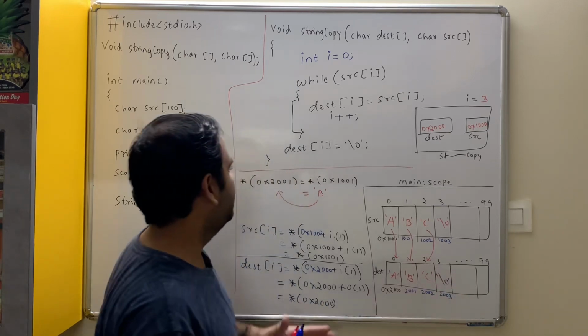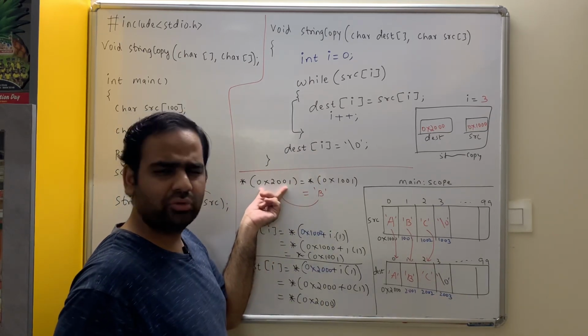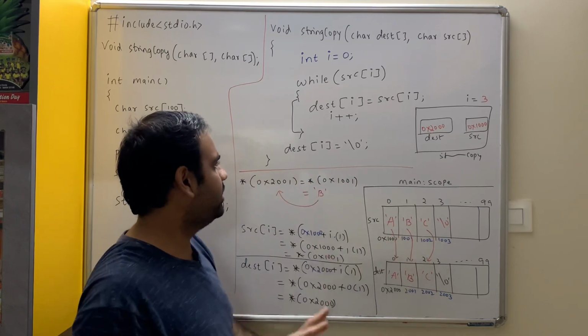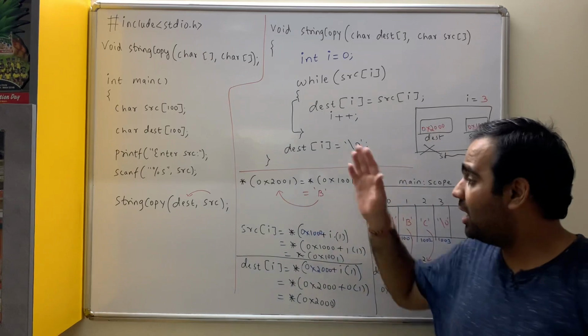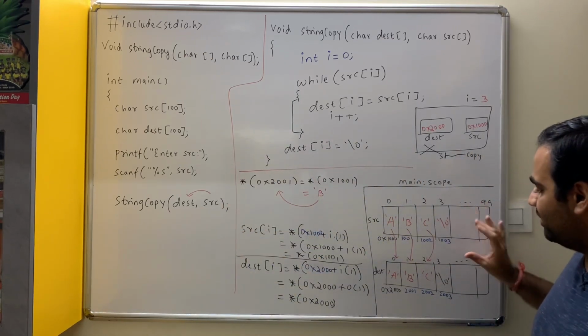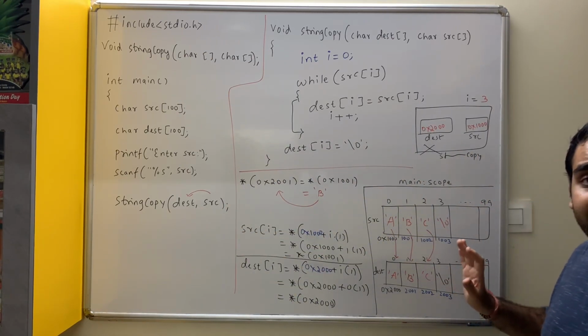This is null character. And what is destination of I? This time it will be 2003. You write it is equal to null character. The closing bracket of the function is taken as return. The scope dies. You come back to main and you see that in the main scope the destination is being